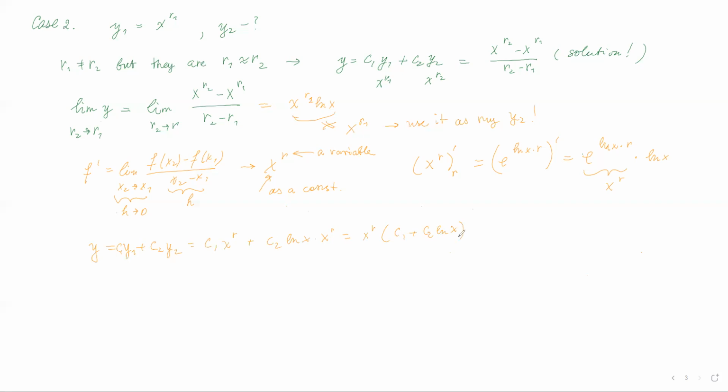You don't need to do all this explanation every time you need to write down a solution. Actually, we do it once and use it as a proof, and now you can just use it as a ready formula. If you have the same root, you just use the formula with ln. Okay, so very good. Now the question is, we did these manipulations with the derivative, a little bit tricky, right? Is it going to work actually?